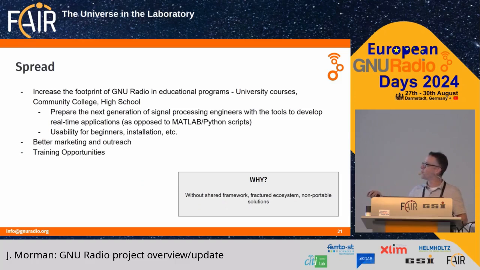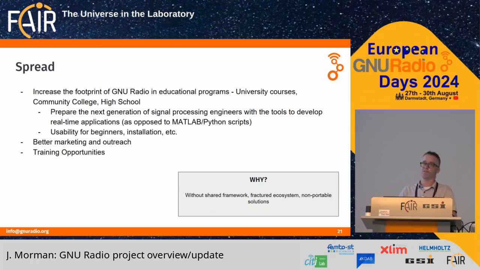So are there more people we could be reaching and say, hey, GNU Radio does this thing, and people can identify that and say, oh, I'm doing that thing. I could use GNU Radio rather than coding something up on my own. And that's also training opportunities too, where we can identify the people that might be wanting to use GNU Radio, but there's that gap between, well, how do I actually get this into my ecosystem? So we can put them in contact with the right people. We can build up the training materials.